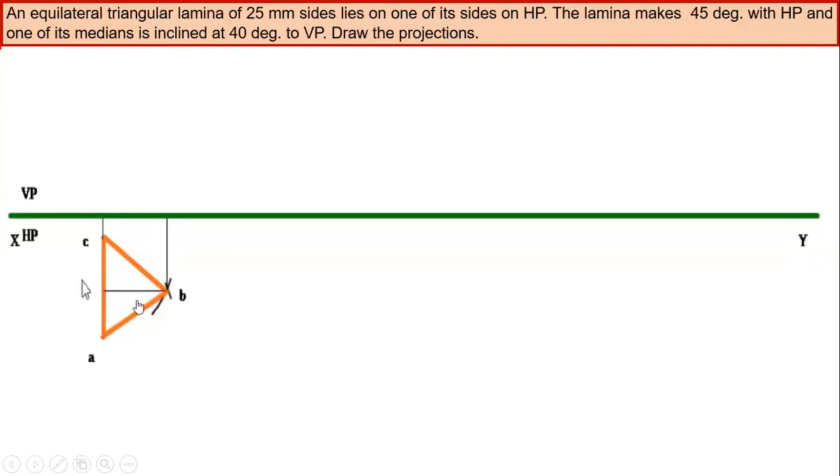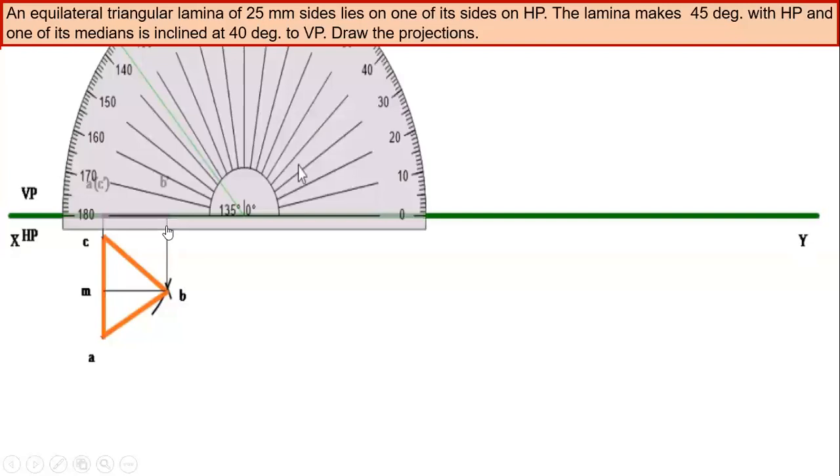You have to represent the median. Median is nothing but the line joining any one of the corners to the opposite midpoint of that edge. And when viewed from the front, A dash is visible, B dash is visible, but C dash, which is behind A dash, is not visible. So it is written within brackets, and represent that line using a visible line. Now the second position is 45 degrees